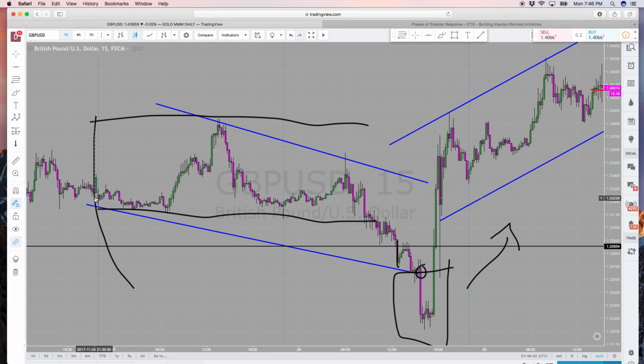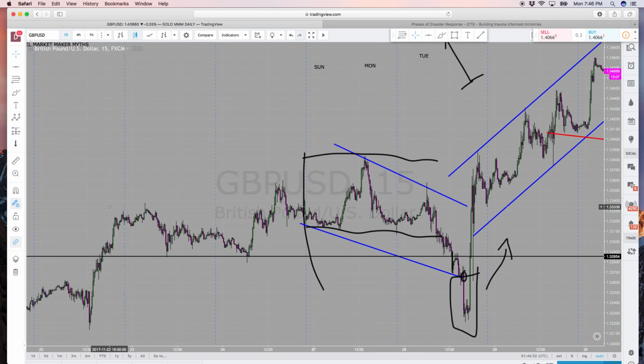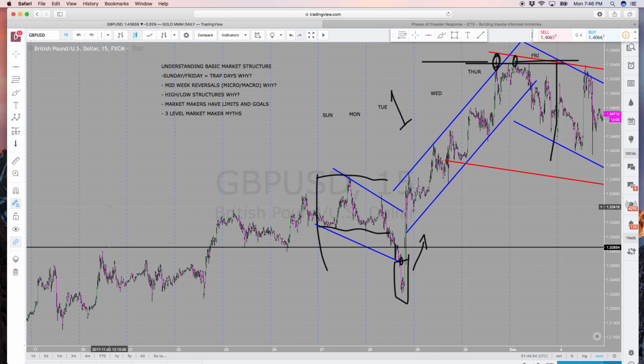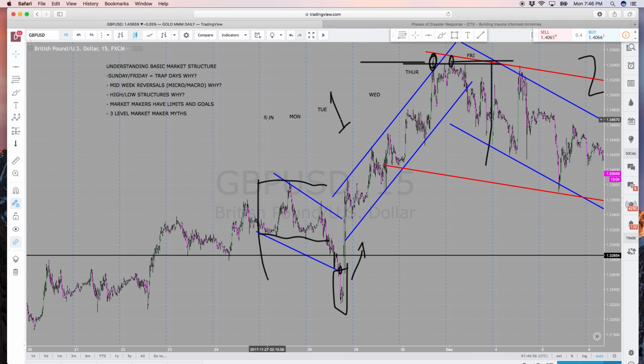Now, each time they make a gap, it's different. They make them for different reasons, and I have different videos about that as well. But basically, Sunday there is a chance of a gap happening,